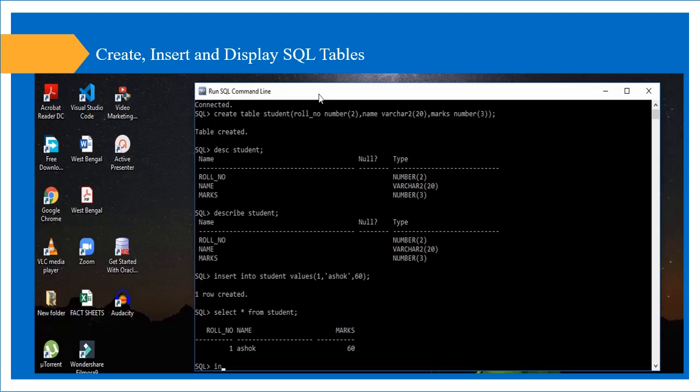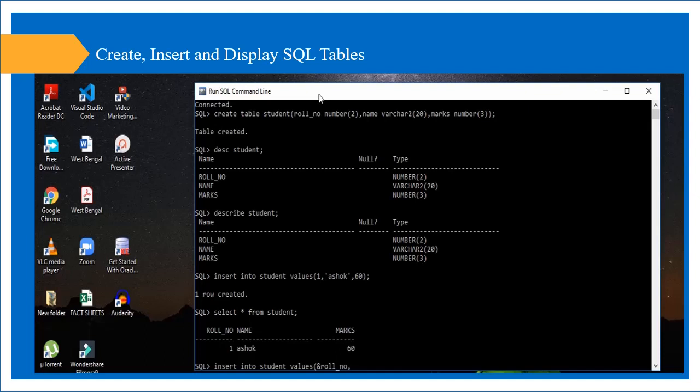Now I am giving you the shortest method to enter a number of rows by using one-time coding. Just write insert into student, then values, then first bracket, then give ampersand, then the field name. The field name is roll underscore number. As it is a number data type, there is no single quote.